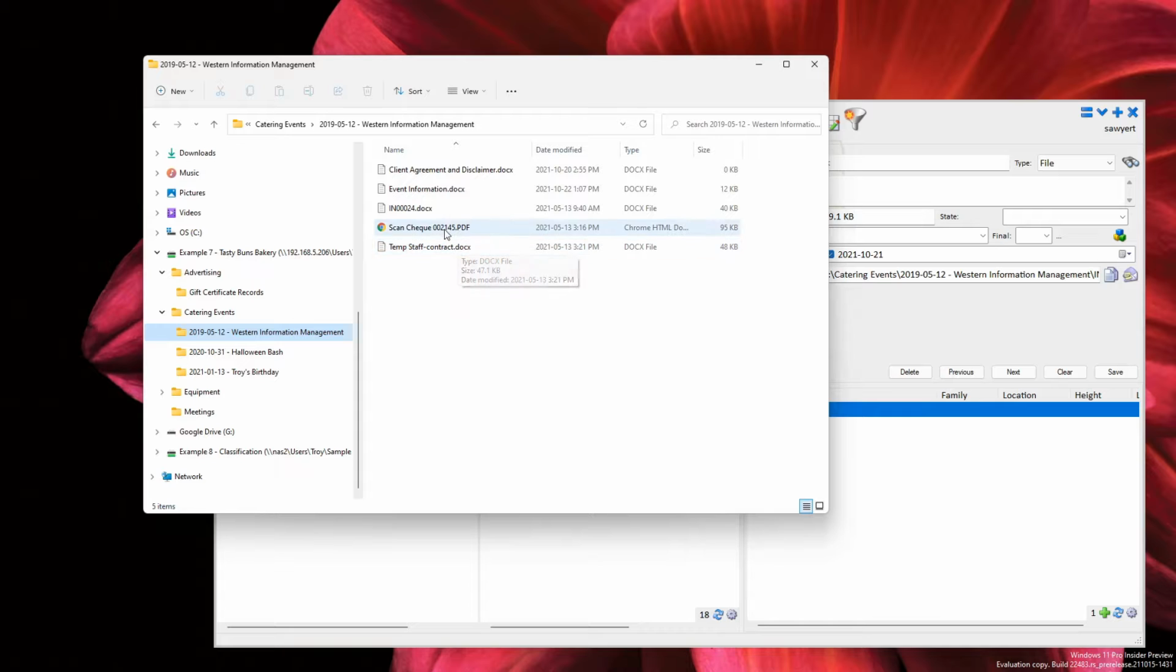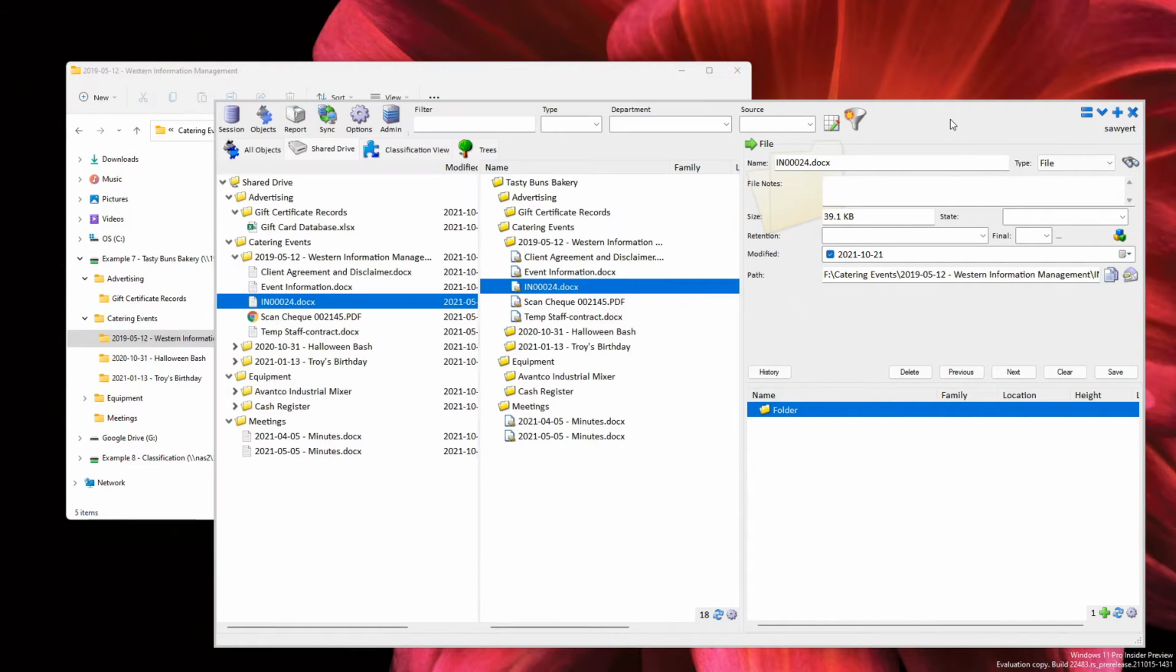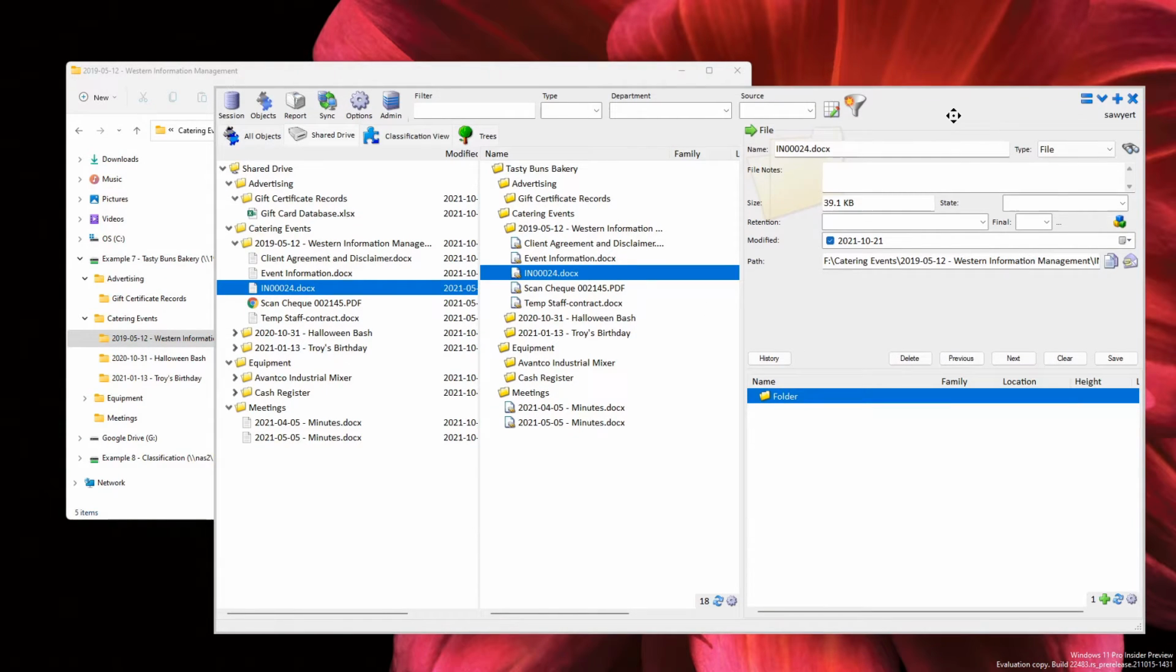So what can we do to take this shared drive and get it classified? Get to the classify it part. So we'll take a look at this Western Information Management application called Whisper. Essentially, we won't do a tutorial on the actual application, but let's just take a look